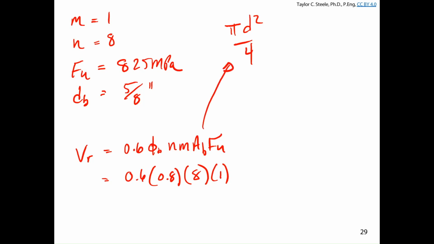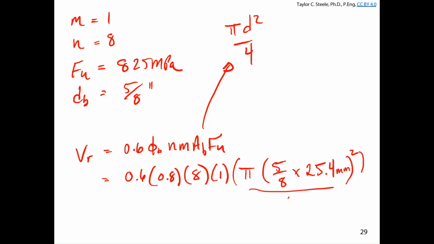What do we do with inches? We're working in metric, right? We need millimeters, megapascals to get newtons, or 10 to the 3 kilonewtons. How do we turn this into a diameter that we can work with? We've got 5/8 times what to give us the equivalent in millimeters? 25.4 millimeters per inch, right? So we have 5/8 of an inch, or 5/8 of 25.4 millimeters, over 4,